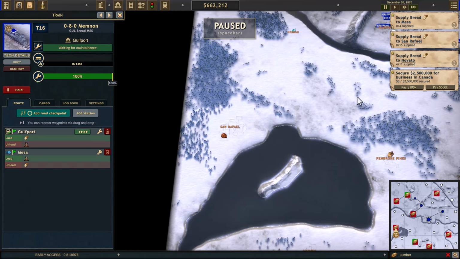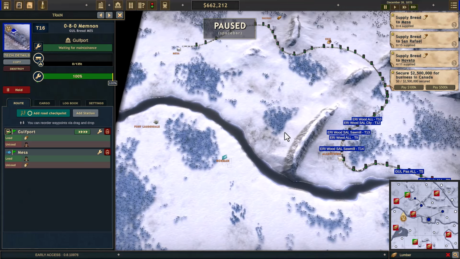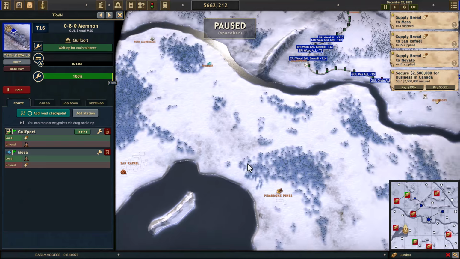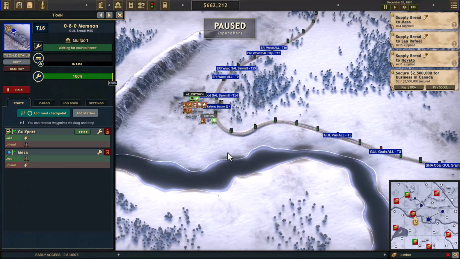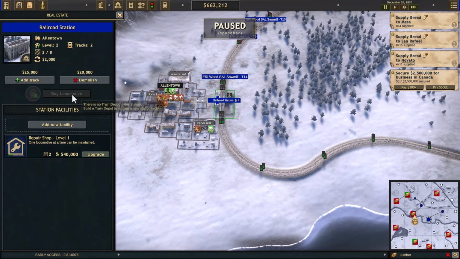Now San Rafael is right down here. Interesting. Now you can come down this way and get it, or we can come off of like Allentown and come over. I think that would be the way to go. Go over to Allentown and then down. So why don't we do this? Why don't we reconfigure Allentown, make it a bigger station? Let's go add track,